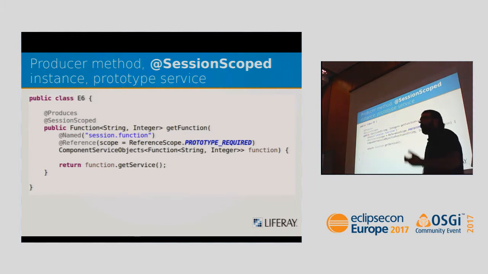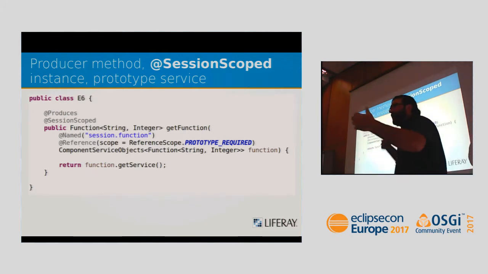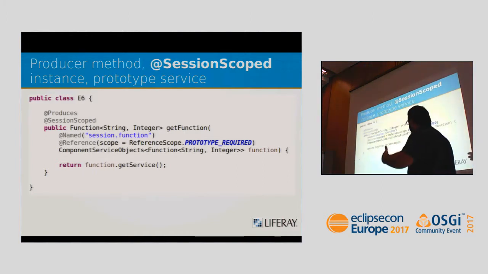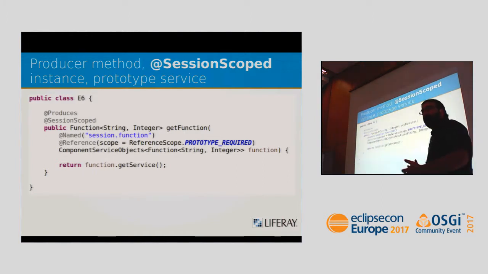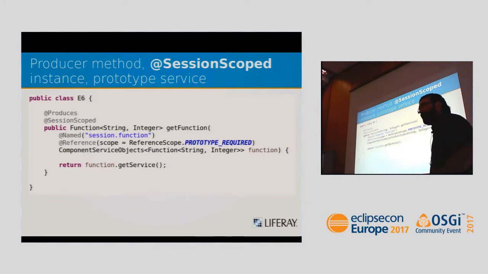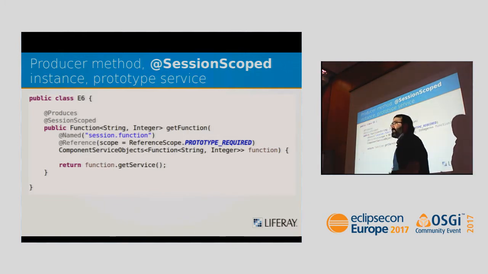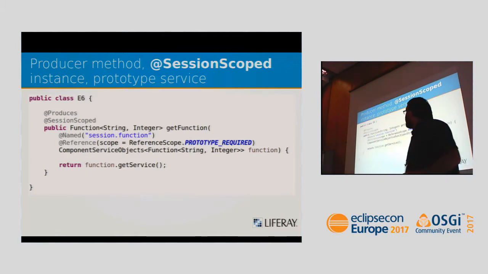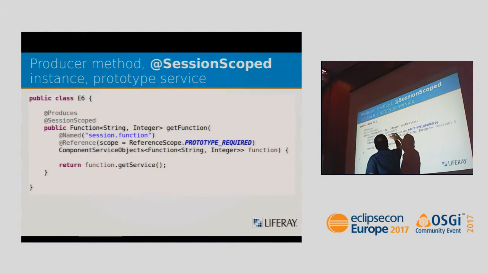Here's a really interesting use case that we wanted to make sure that we solved without blowing up on the CDI side or on the OSGi side. This is a very, very common use case in CDI. What I have here is a producer method. A producer method is kind of like a black box to generate beans. What this producer method does is produce beans of type function,